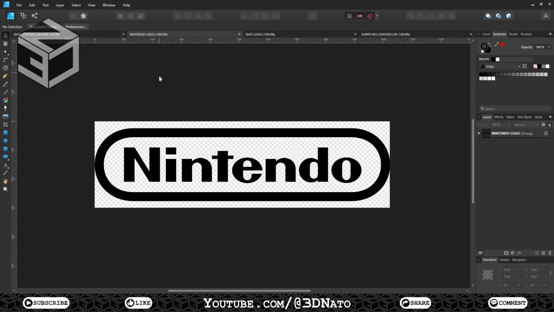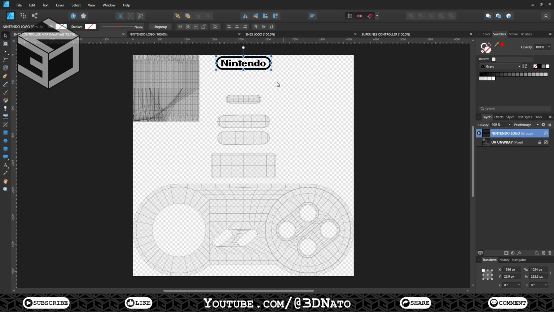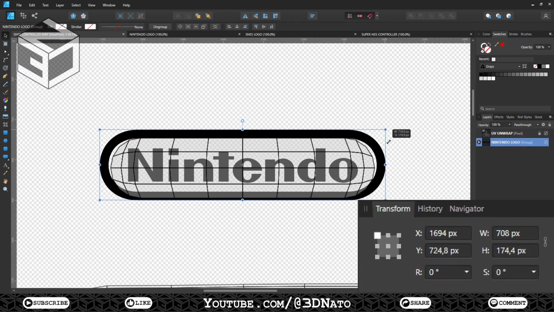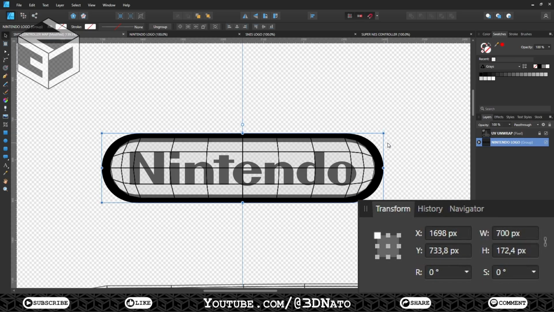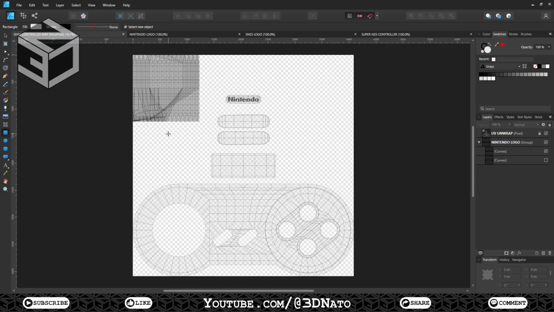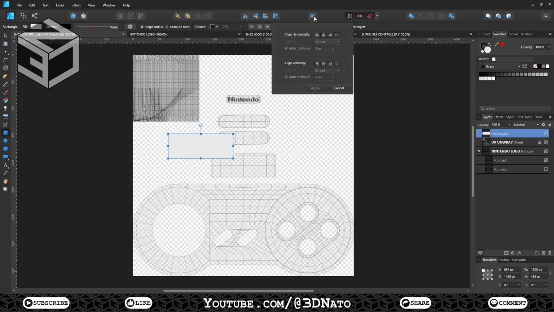Go to the Nintendo logo SVG, select it, right-click, and copy. Go back to the UV layout and paste it. Align with the plug UV island. Scale it to fit inside. You can see mine is 700 by 172.4 pixels, and hide this outer shape. Create this 1200 by 455 pixel rectangle to serve as a guide and align it to the center of the